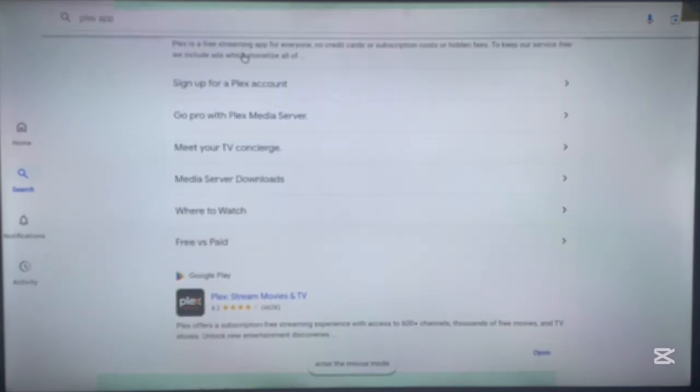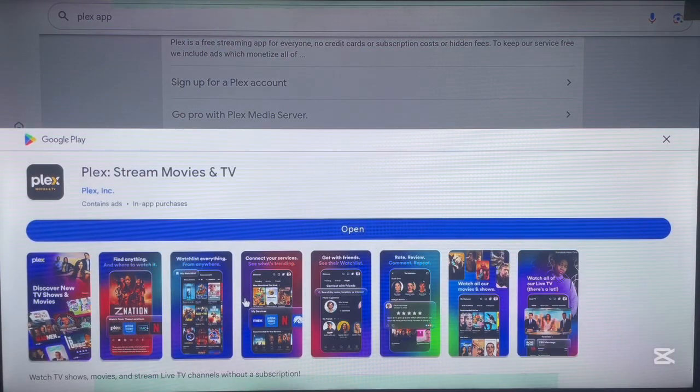Just scroll down a little bit to this option here that says Plex Stream. Here's what you're looking for. So what you do is go over here and click on this option. Once you click on this option, you're going to get results like this. And you'll be able to install the application from here, as I've already installed the application straight away to my